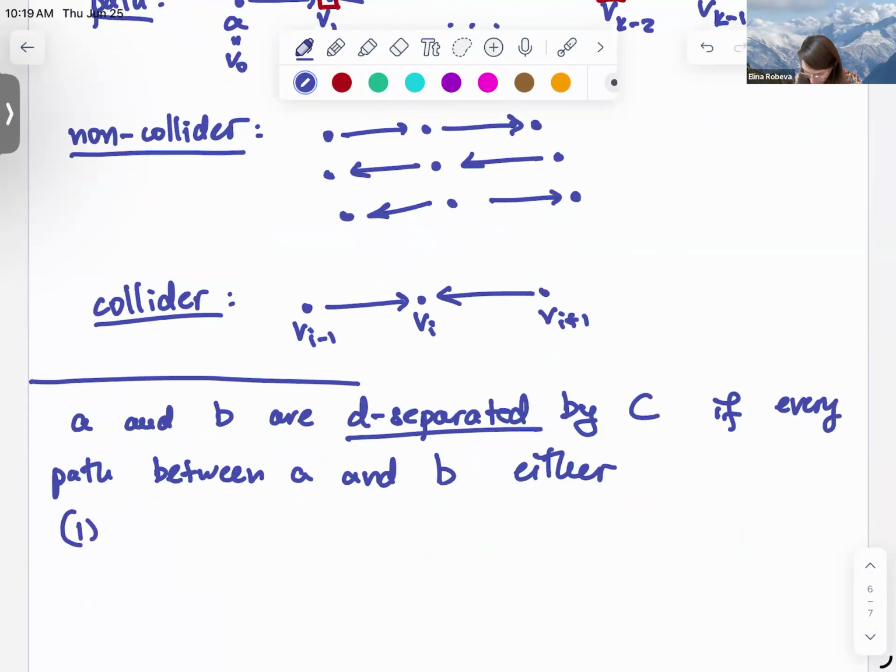One, the path has a collider not in C or any of the ancestors